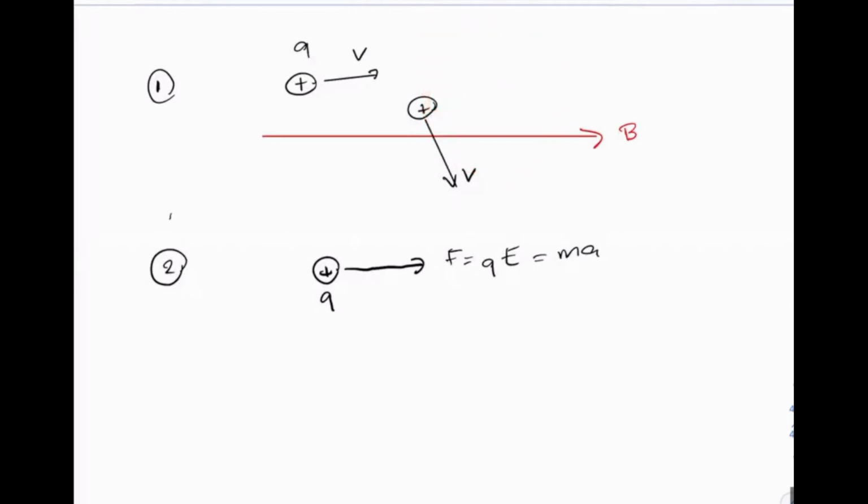Most of you guys said it's going to move in a circular motion, but once again, there's acceleration involved, right? If there's a force acting on something, it's going to accelerate. So there's a magnetic force causing this charged particle to accelerate. So in both cases, they will experience acceleration. This one is going to accelerate along the direction of the force, and this one is also going to accelerate, and the acceleration is going to happen perpendicular to the direction of the motion. That's it. So it's going to go into a circular motion. So question number